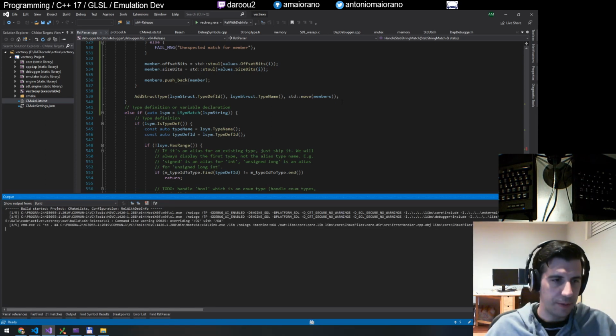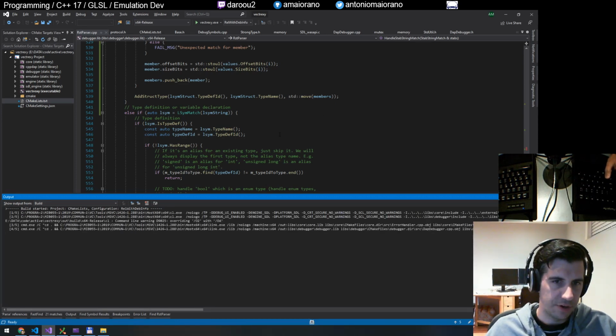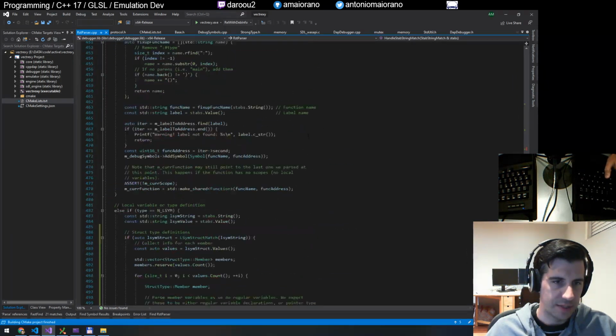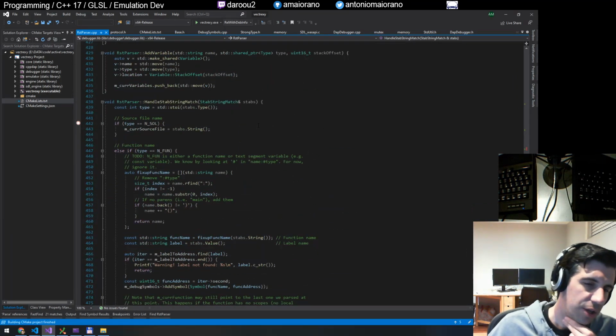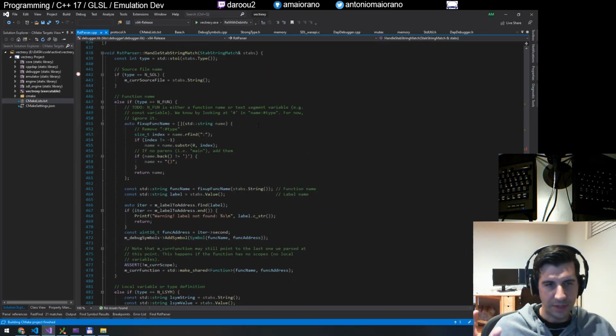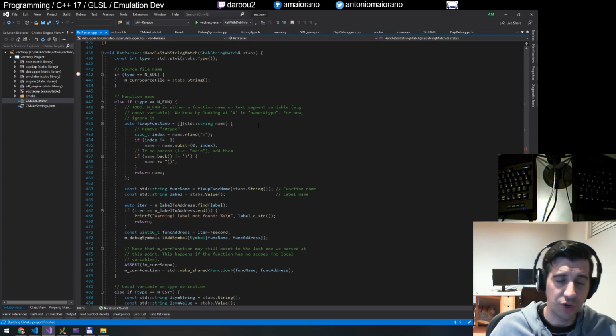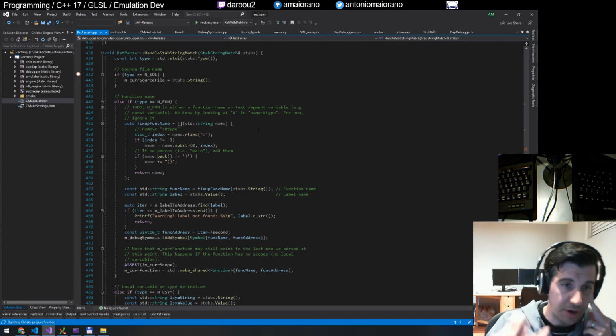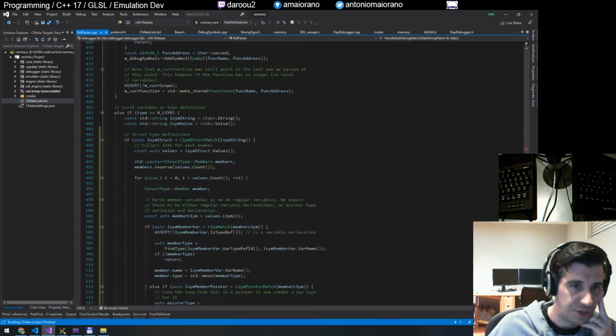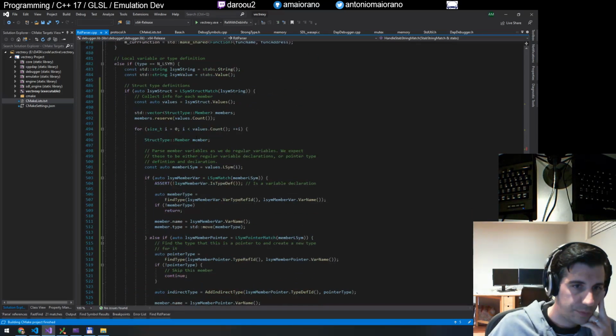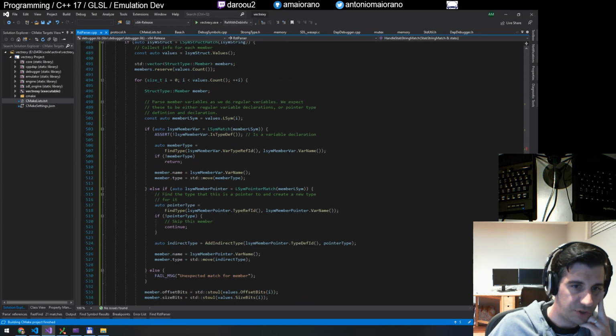This won't change anything, but I think it just makes more sense that we should be trying to match the more complex regular expression first, especially because structures have parts of it that we will rematch. We can see it here. For each member of the struct, we actually do an LSIM match and an LSIM pointer match. So these two,